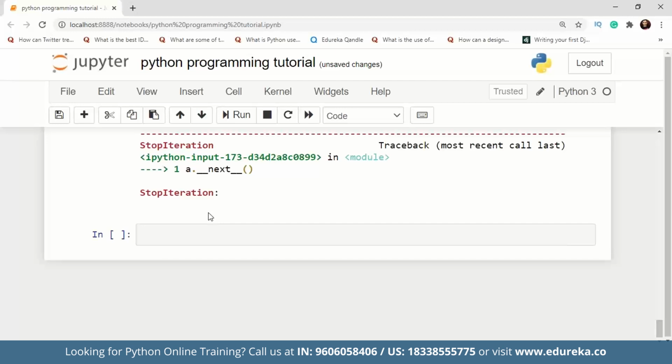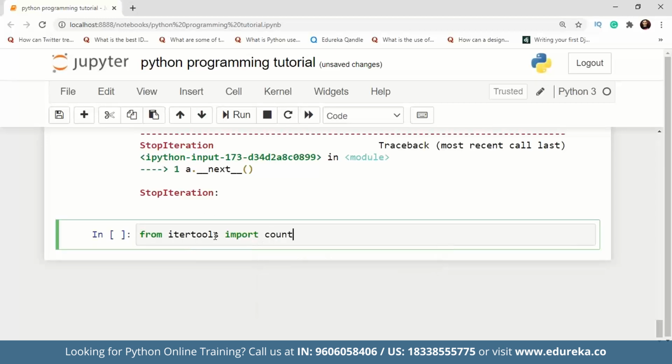The tools or the methods can be divided into subcategories. There are infinite iterators, and then there are the iterators that will terminate on the shortest input sequence. There are combinatoric iterators as well. So let's just talk about the infinite iterators first. We have three tools for infinite iterators using itertools. So first of all, let's just import.